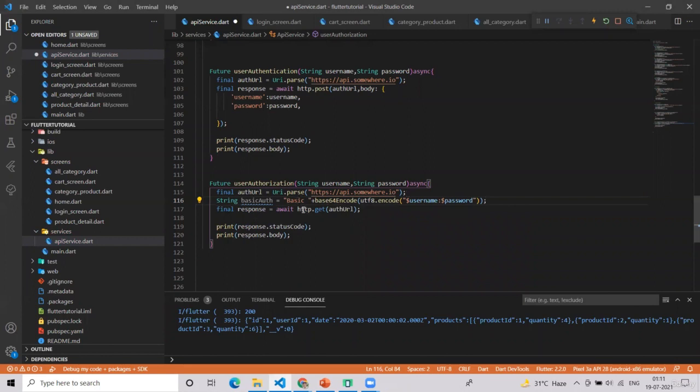There is another prefix which we'll be using within just a few seconds, but this is how we have the authorization key, the encode, and then in the get request just simply write headers, then use the map. The first key you use is content type.